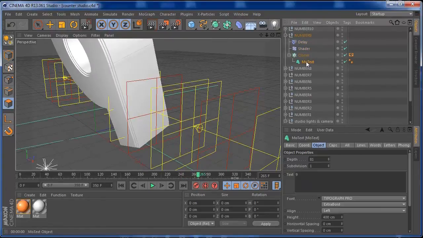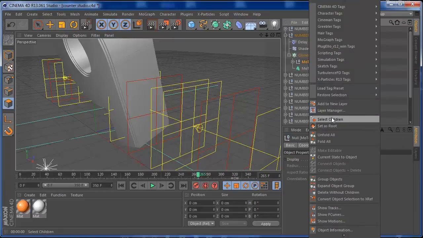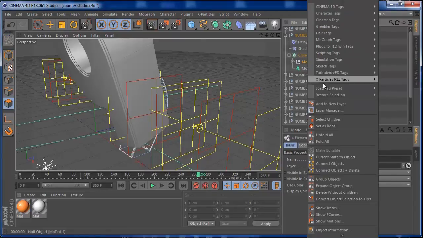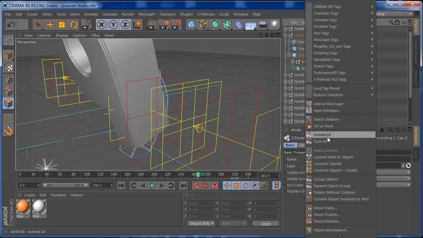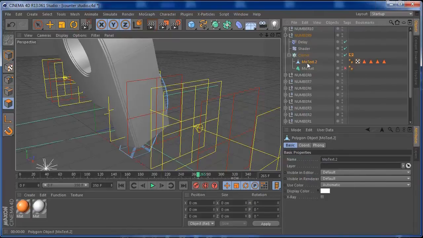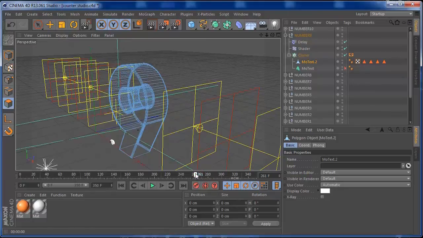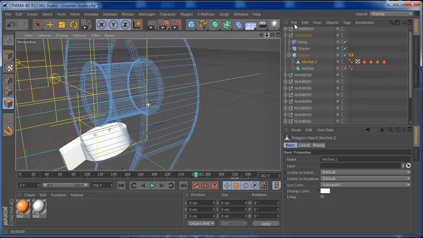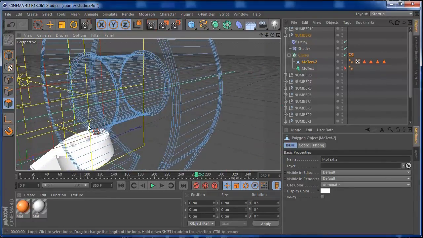Alright, let's Control and drag. We got that. And just deselect this one. Hit C, select children, hit C again, select children, and connect objects and delete. Okay, so let's push this a little bit so we can have our 9. Alright, 9 also has the inner bevel, so we're going to select it also. So put 1 and